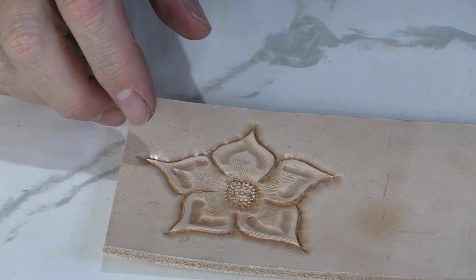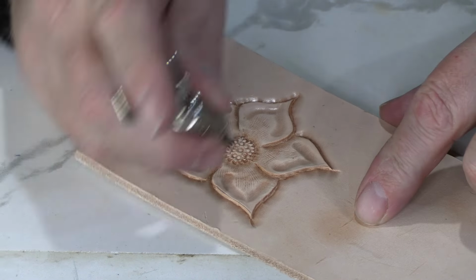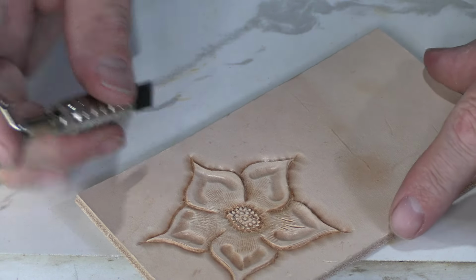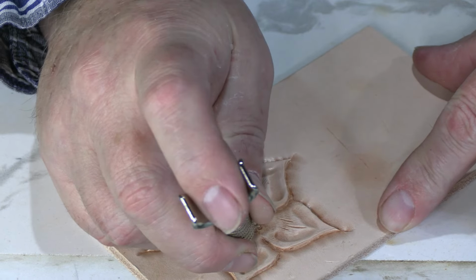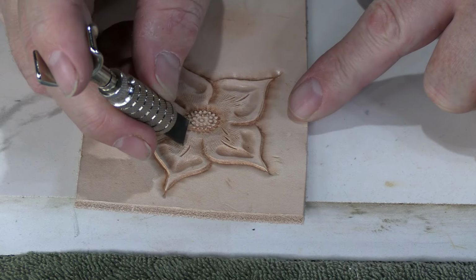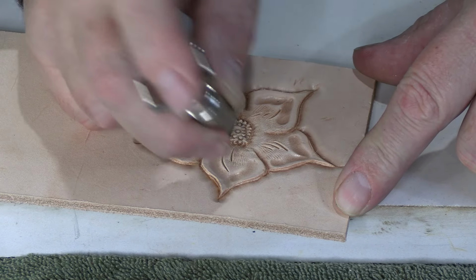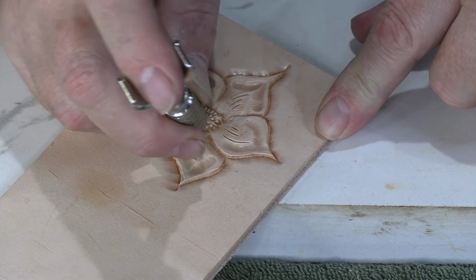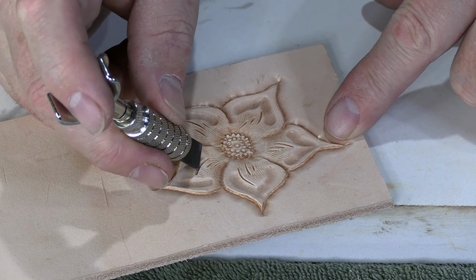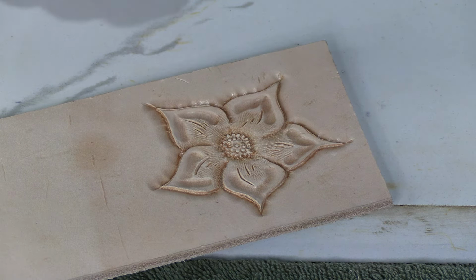I do like to put in what are called decorative cuts, and that's where you'll use a swivel knife and put some nice little cuts in the petals of the flower. You'll give it a little bit of motion by putting them in there. I typically try to keep the cuts with how I think the movement of the petal goes. And there again, I start deeper with the swivel knife in the leather, and I fade it out to where it's shallower. And that is almost a complete